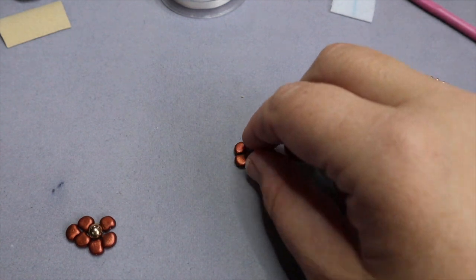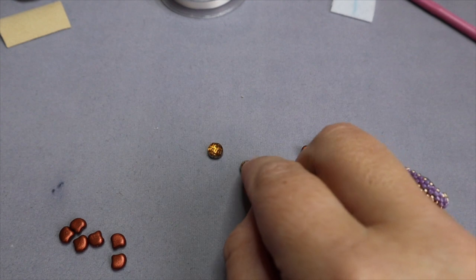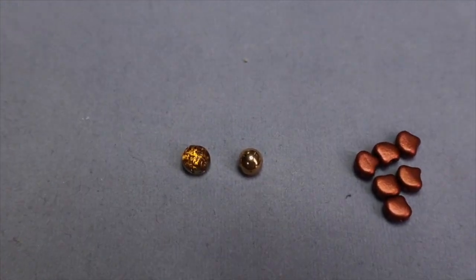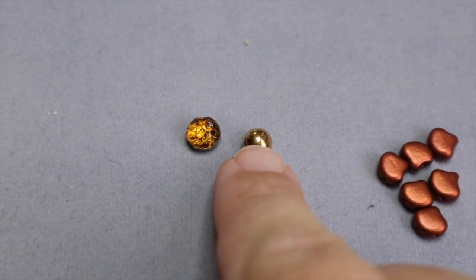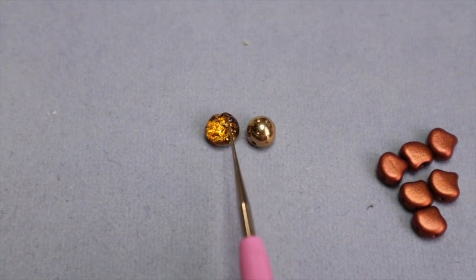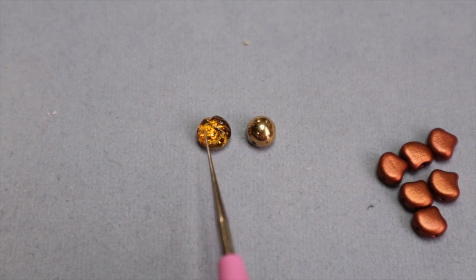So I have two different kinds of cabochons here. These 2-hole cabs are both marketed as being the same size bead, but you can clearly see that this bead is smaller than this bead. These are, let me see the brand again,